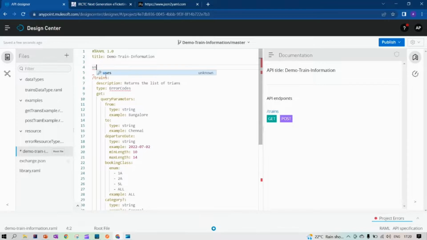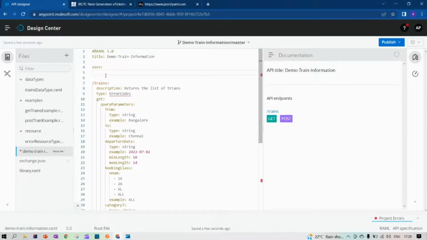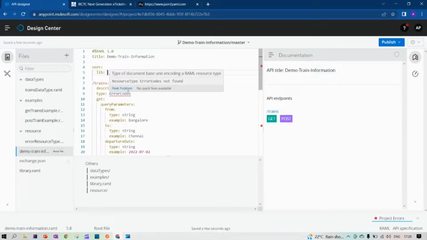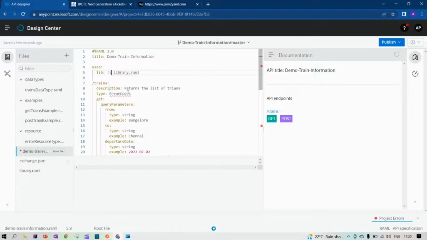We have to use uses, then give the variable name. Let's see if we are getting the library option. Yes, we are getting it. Here, if we add the include tag, we get an error. To add the library, we don't need to add the include tag. If we add the tag, we get the error saying include tag must be avoided when referencing the library. So let's remove this. Just import the library and use